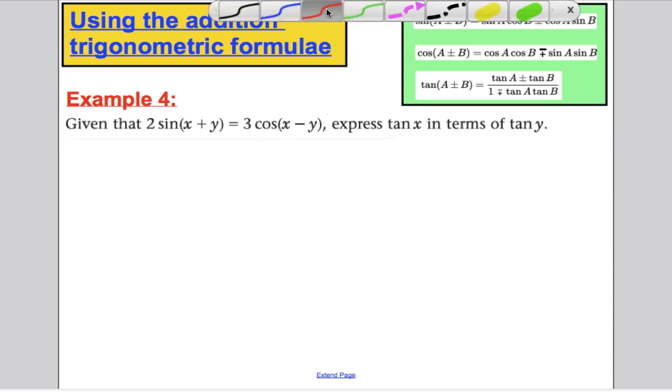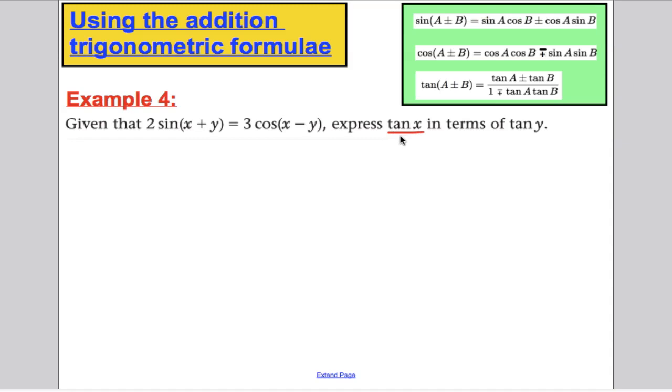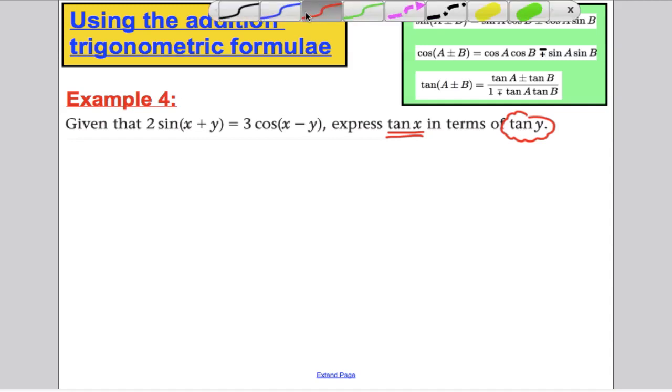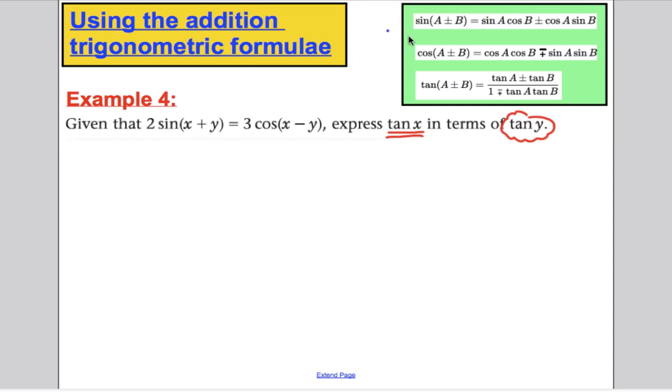And we are told to express tan x in terms of tan y. So we're not asked to solve this, we're asked to find what tan x is in terms of tan y. Okay, let's do this by using the addition formulae. Let's use that one for this side. So we'd have 2, and this would end up being